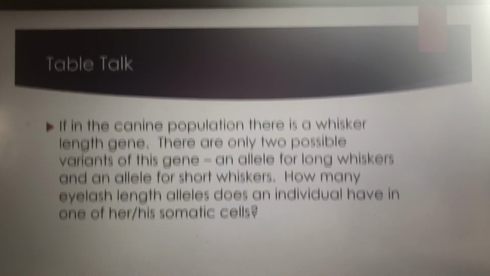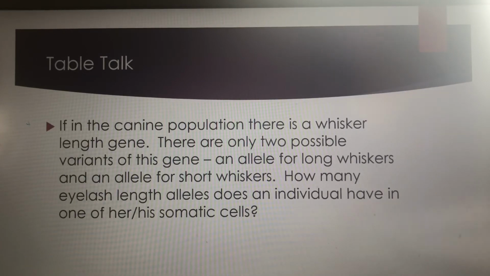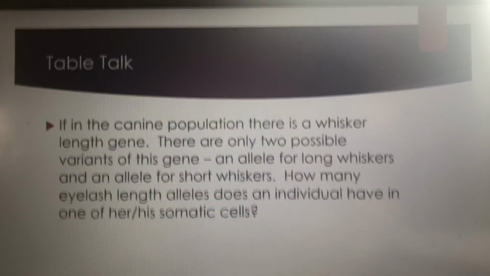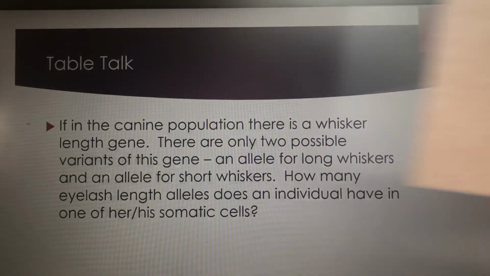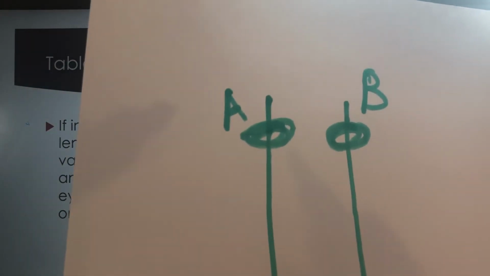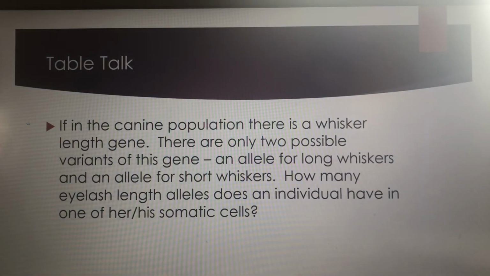Here's a chromosome. Here's the allele for a whisker length. These are homologous. I'm drawing it. I will show you. And this represents one allele, and this represents the other allele. All you can have for a pair is two alleles, okay? Because they say there's only two possible variants. This is a question that gets a lot of people on the test,